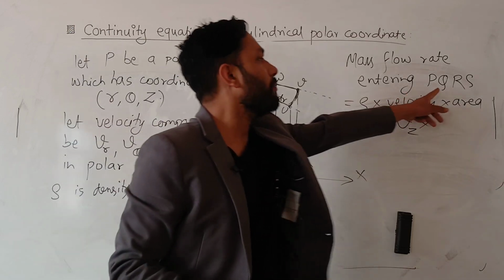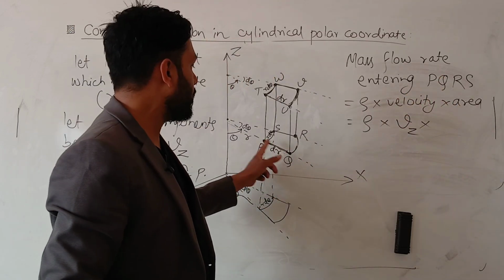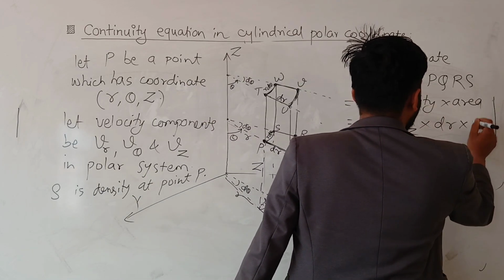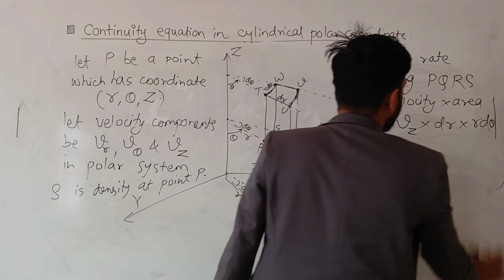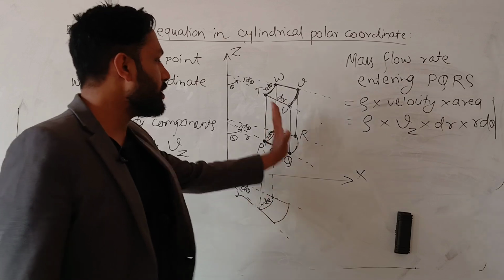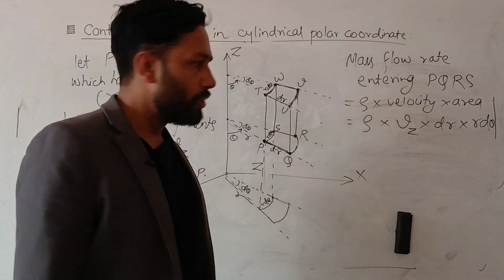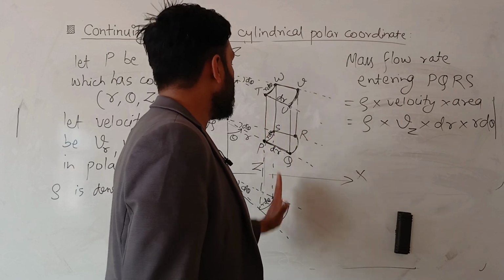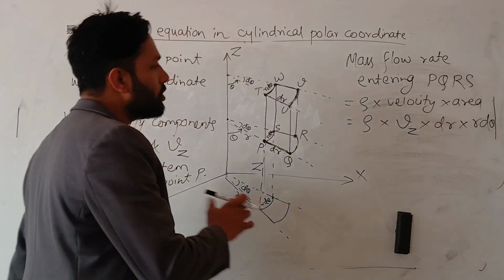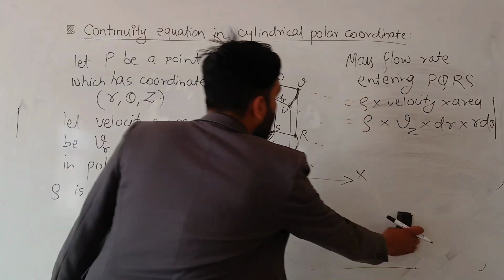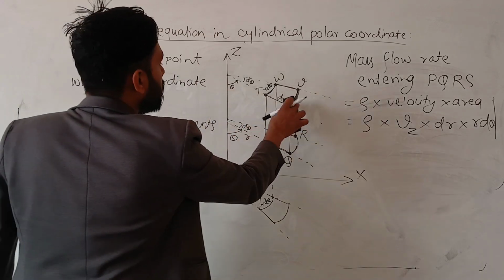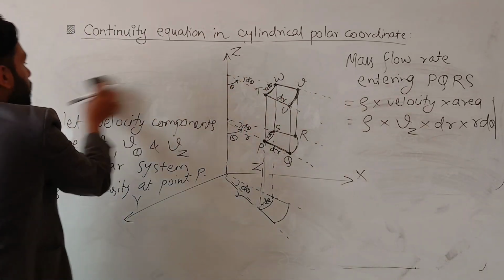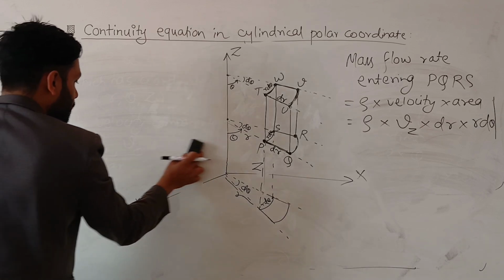So what is the area of this PQRS? You can easily see the area of PQRS is dr into r d theta. dr into r d theta is the area of this face PQRS. All right. So now this is the mass flow rate entering the PQRS. We also have to find out the mass flow rate leaving TUVW, okay? So let's find out the mass flow rate leaving